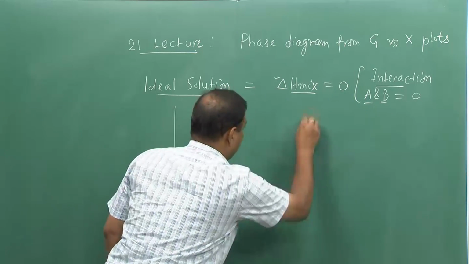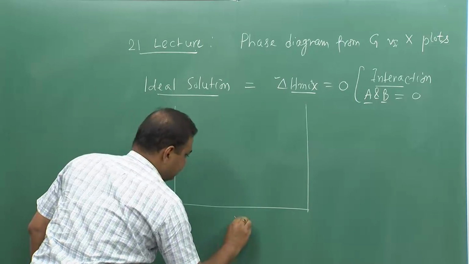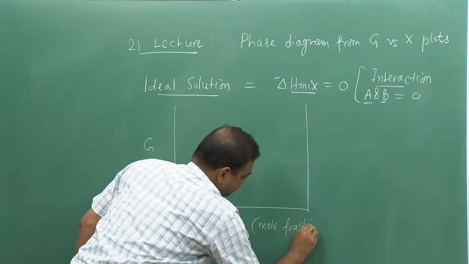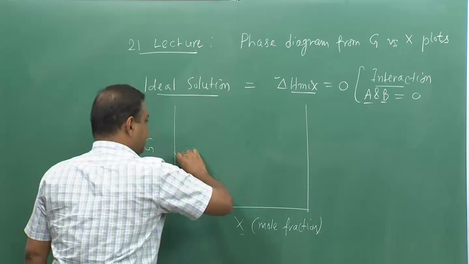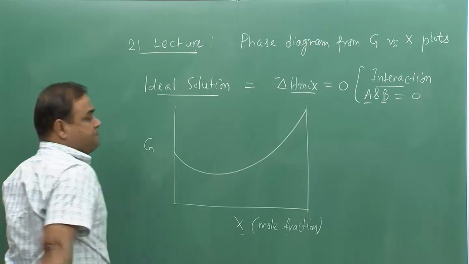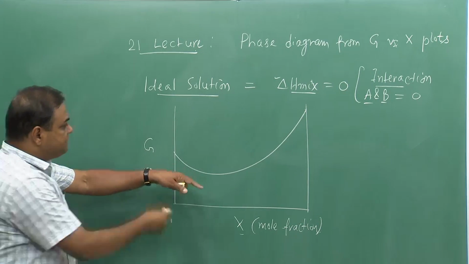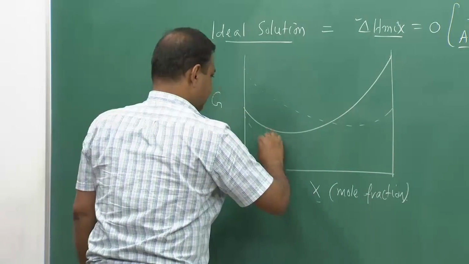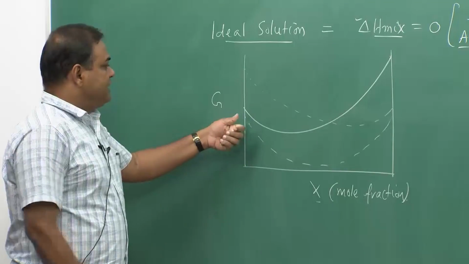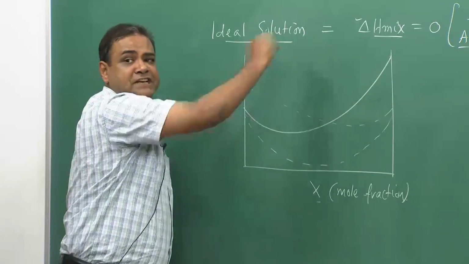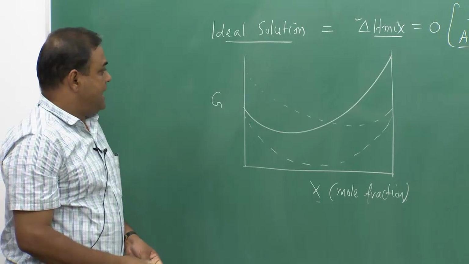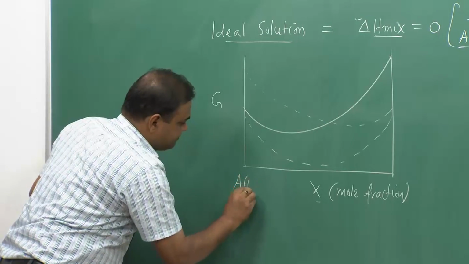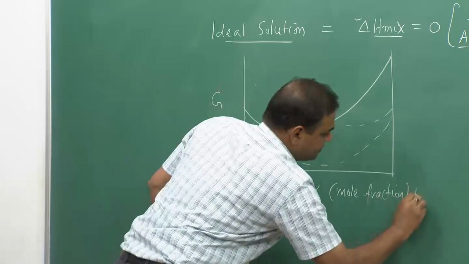the diagram for G versus X, X is basically mole fraction. Mole fraction, it has a nature like this. Okay. So, it could have a different nature, it could have this, it could have this. But you will see that it is bending, it is a curved nature. Okay. And this says that if this is 100% A and this is 100% B,